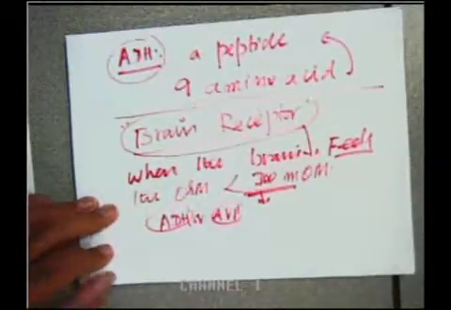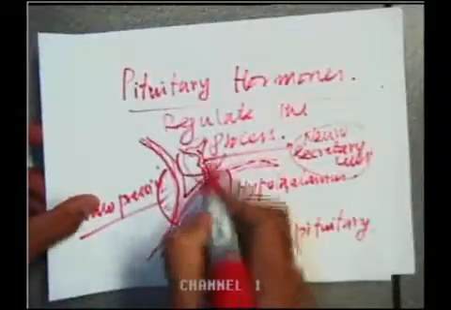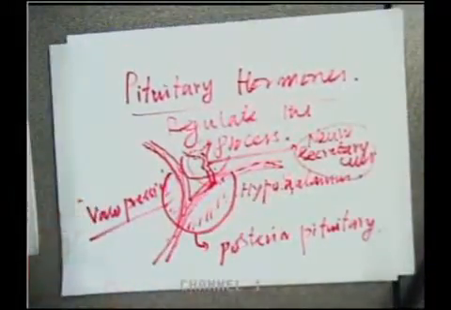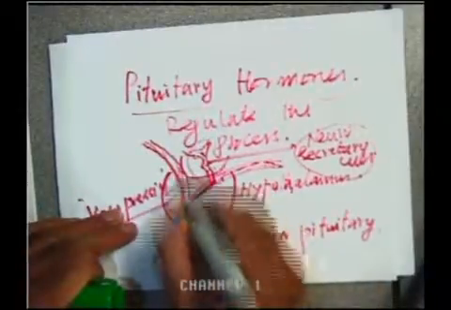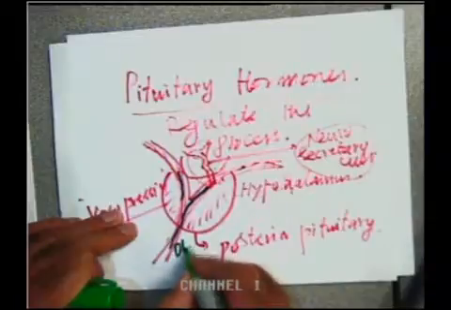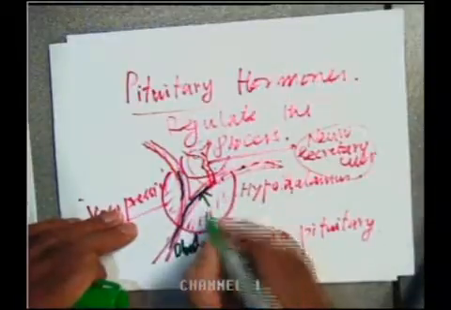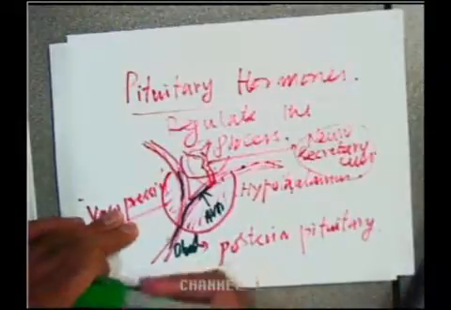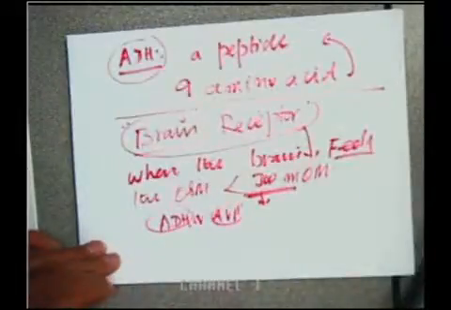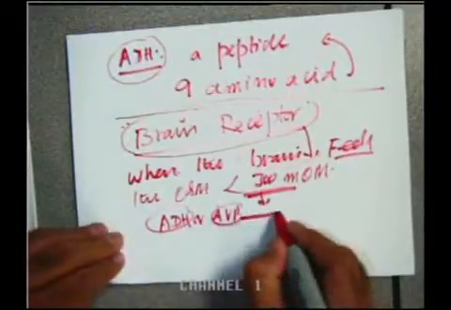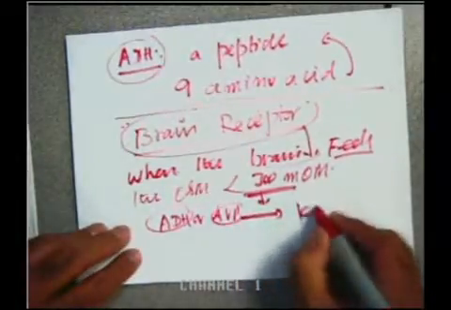As soon as that is released, where will it go? The hormone is now entering into the blood. So I put it in another color. Now the green color is the hormone that is synthesized and getting into the bloodstream. This is the hormone, AVP or ADH. So now it's getting into the blood. Then from the blood, where will it go? Kidney.